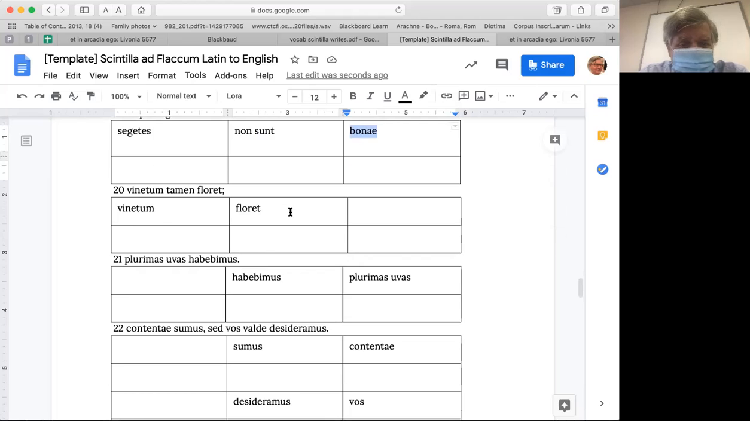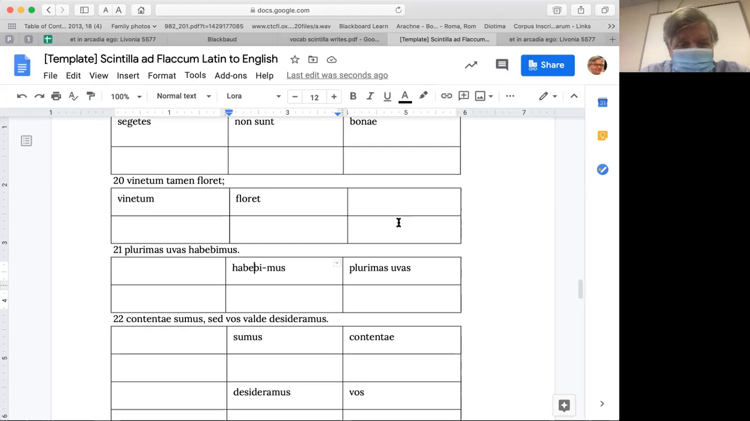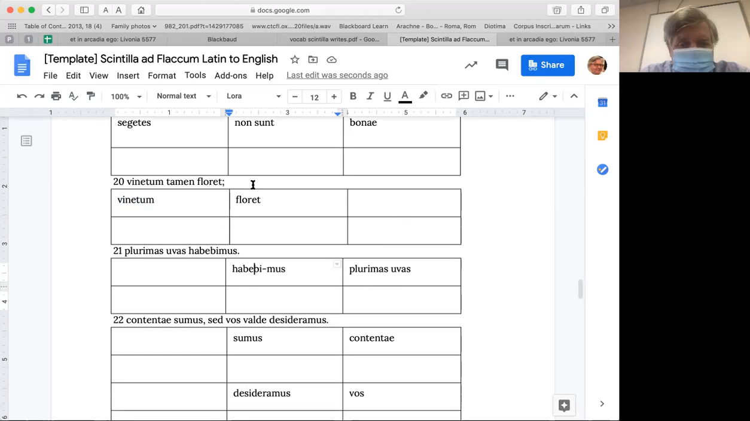Vinetum tamen floret. Vinetum is the subject, the vineyard, and floret is from the noun floris, flower. So you can make a verb out of the English word flower, and also the Latin word can also be a verb. Plurimas uvas habebimus. So again, the subject is we, habebimus, we shall, habemus. So habe, you've had before, that stem. And what we will have is plurimas uvas. Okay, because the vinetum is flourishing,